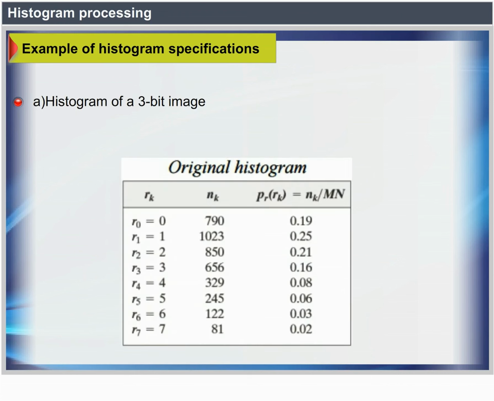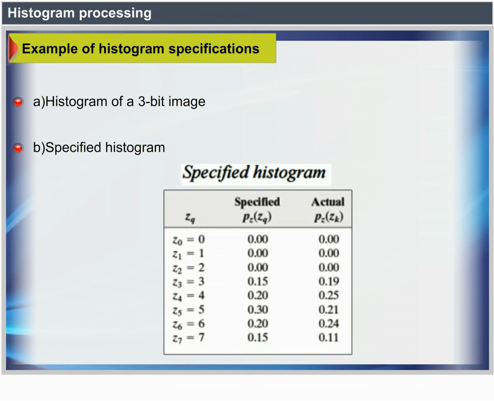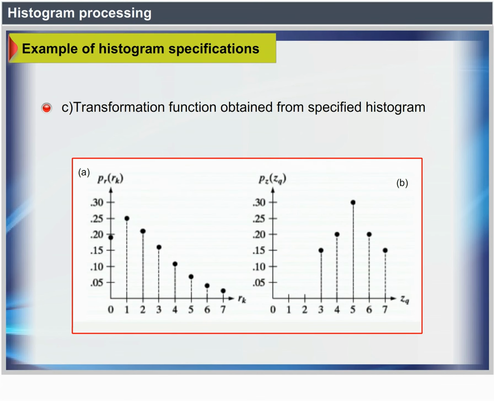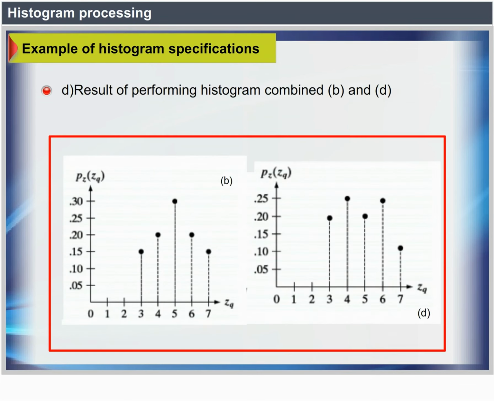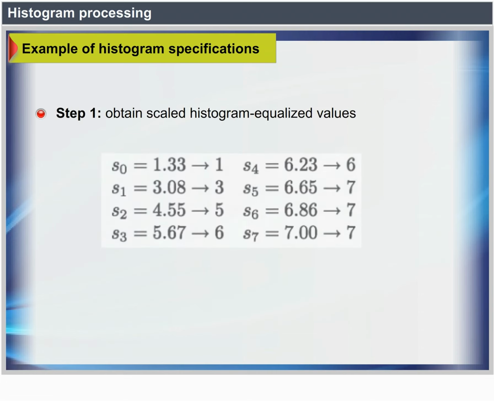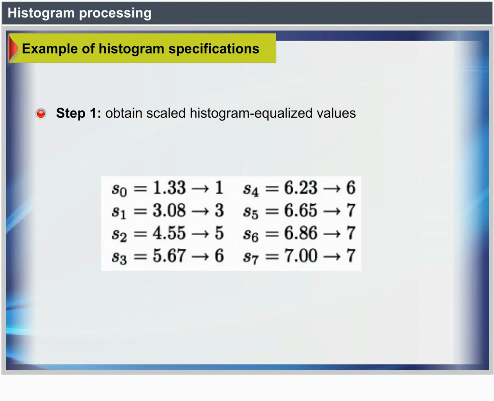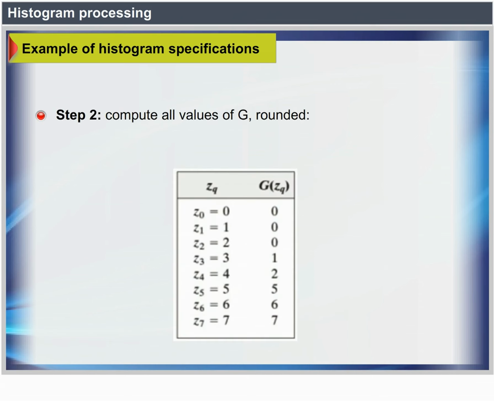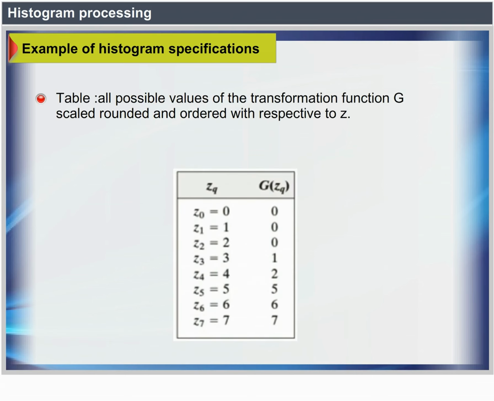In the table shown, all possible values of the transformation function G are scaled, rounded and ordered with respect to Z. Step 3. For every Sk, find the smallest value of Zq so that G of Zq is the closest to Sk. Step 4. Use the table to map pixels in the histogram equalized image into a pixel in the new histogram specified image. Values of the resulting histogram will be: